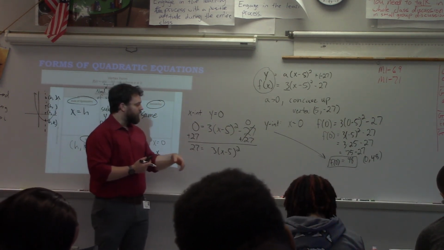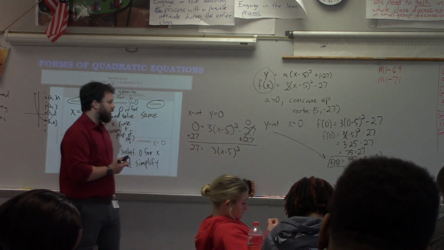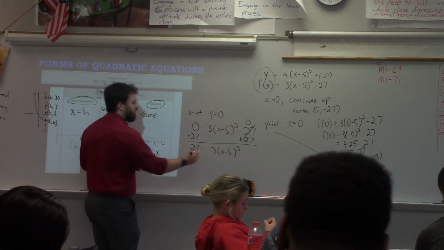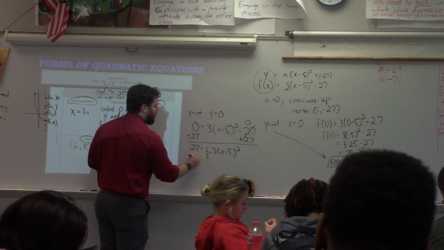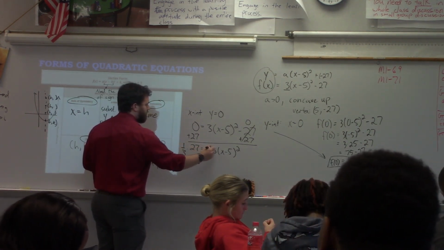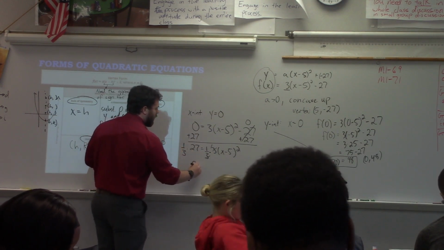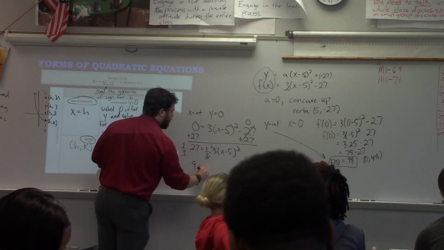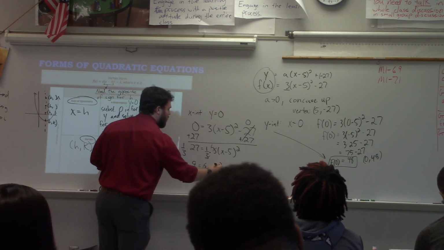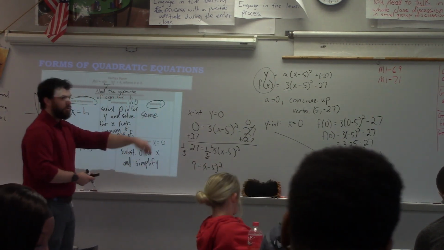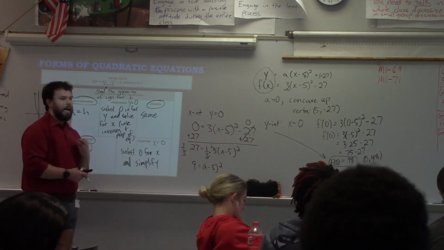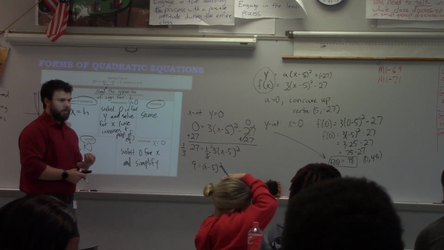So following that logic, what's the last operation being done here? That times 3. So I'm going to multiply by 1 divided by 3. 3 divided by 3 is 1. 27 divided by 3 is 9. Now, this is what the next unit is pretty heavily on, so you don't have to know this 100% yet,